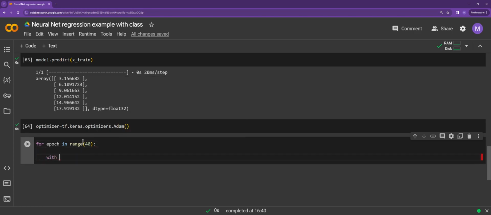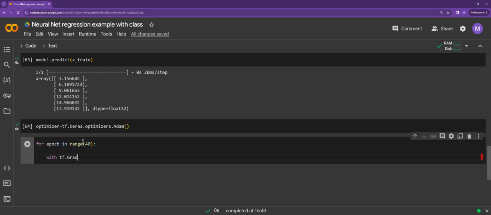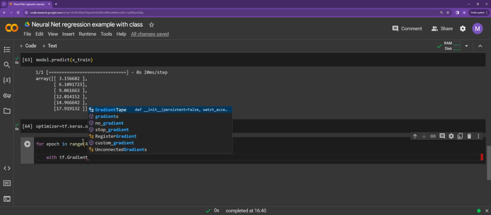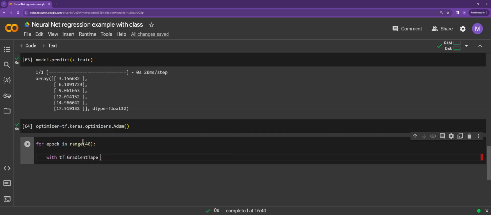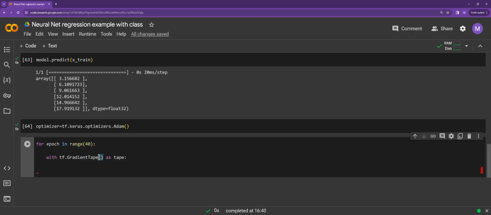And what do we do? With tf dot GradientTape as tape. Have you noticed the mistake I made? Yeah. With TensorFlow, remember, don't forget this: as tape. I do it so many times. As tape,